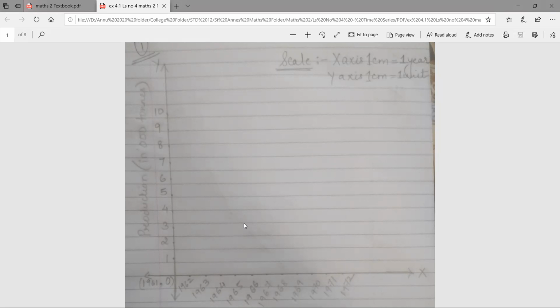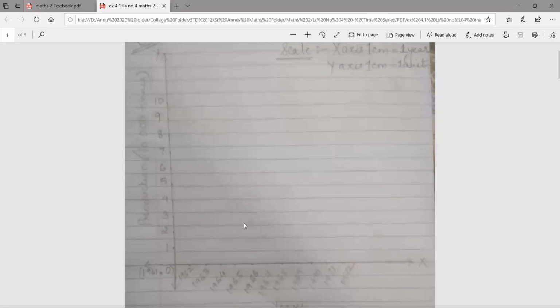by using this technique. As you can see, class, I have drawn the graph on a normal paper and I have measured exact 1 centimeter from the scale. Practice this method because if you get graph paper, it's cherry on the cake. But if you don't, you should not waste time. For that purpose, I request all of you to practice the graph on normal paper by taking 1 centimeter. As you can see, I have taken exact 1 centimeter.